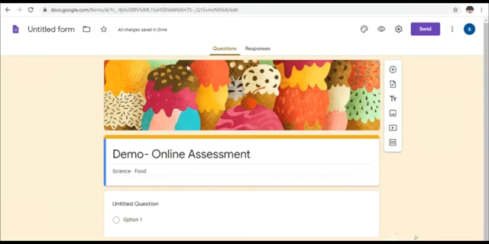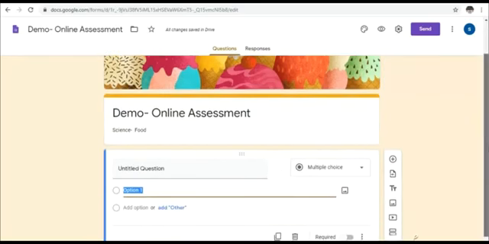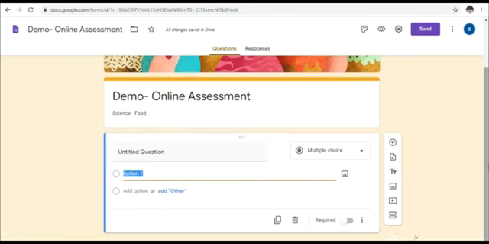Whatever changes you make to this form will automatically get saved in your drive. The name comes like this: demo online assessment.